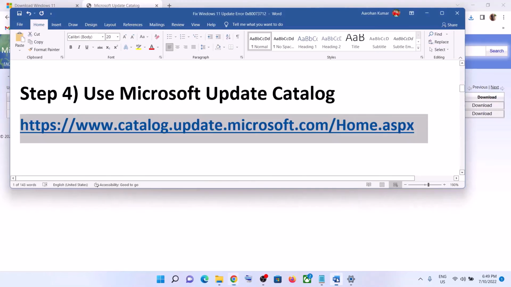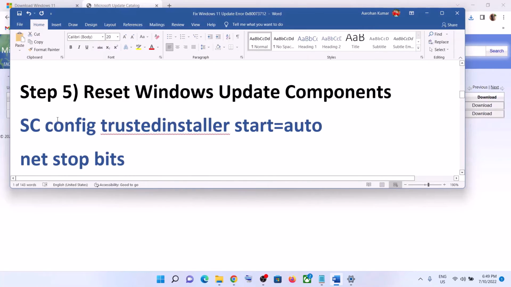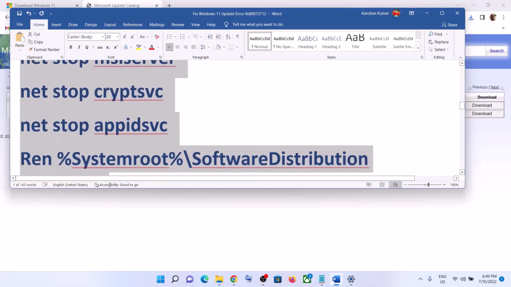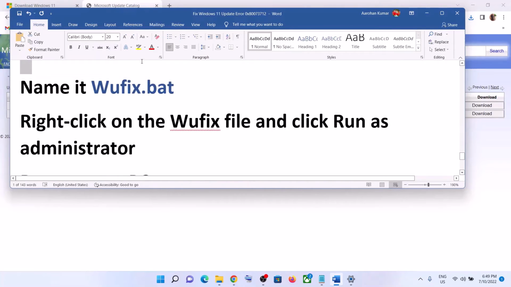Now if you are still facing the problem, in that case, you can reset Windows Update components. For this, copy all these commands. These commands are provided in the video description. So copy till here